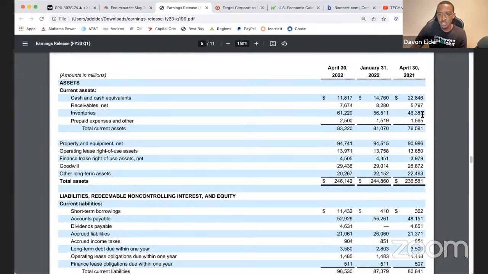Now, last year, April 30th of last year, Walmart had about 46 million in inventory. So the product that they have to sell, they had about 46 million in inventories. Now, in April, so pretty much a year later, Walmart's got 61, I said million, billion, had 61 billion in inventory. So last year, the company had 46 billion in inventories. Now it's got 61 billion in inventories. But notice that the operating income went down and the cost of sales went down.